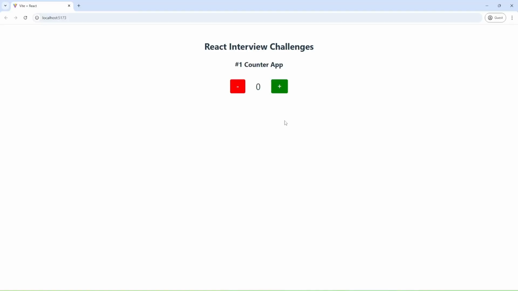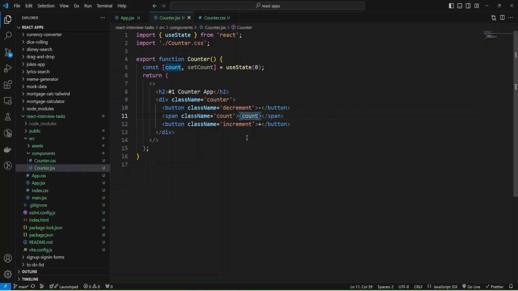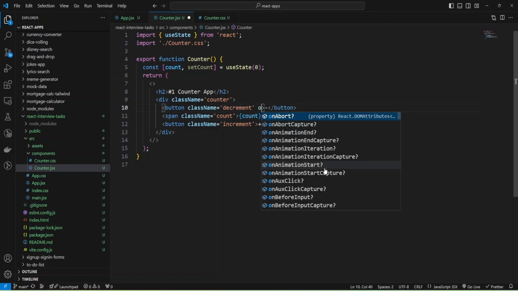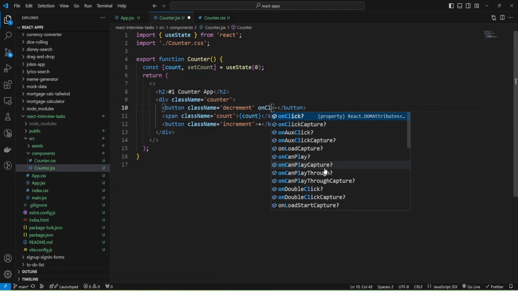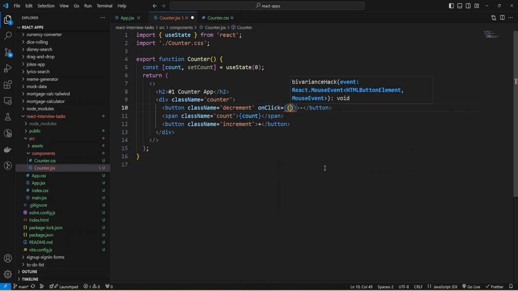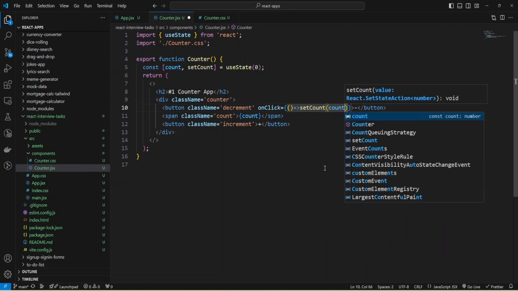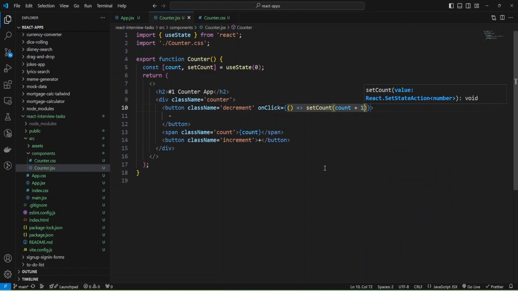Let's check. And now we have 0 here. And now for decrement, I'll implement function on click event handler, and will call my setCount and provide count plus 1.